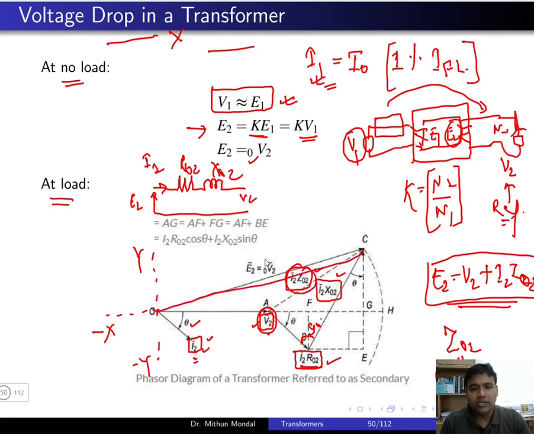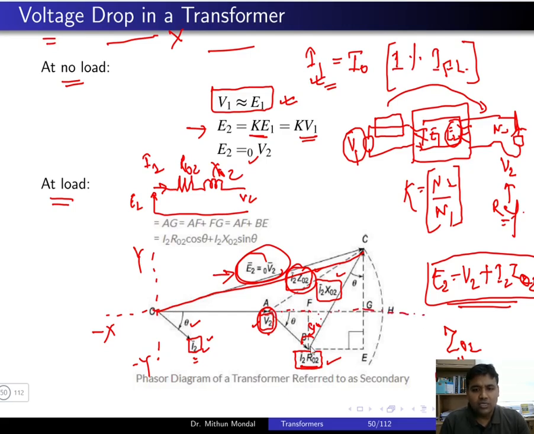So this is your E2 line which you have drawn. So you have obtained the secondary induced EMF. Now what we have to obtain is the voltage drop in the transformer. So now this vector diagram, if we just elongate on the x-axis line,